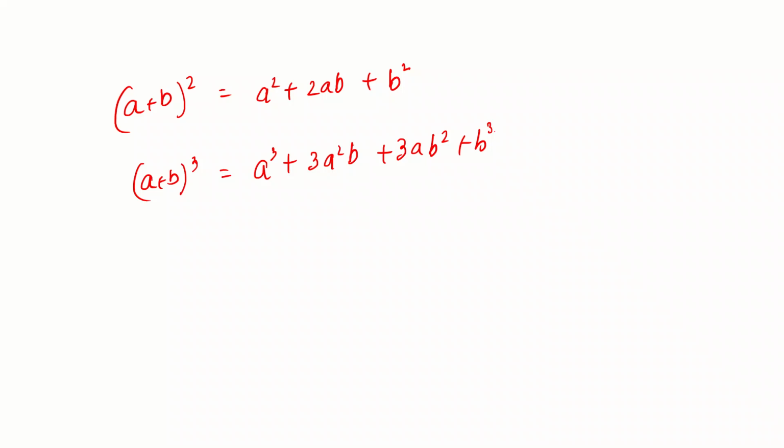And if I give you even higher powers like (a + b)^5 or (a + b)^6, the problem goes on increasing. So the question arises, do we have any particular formula to find out any given power? So if I give you (a + b)^10, can I just in one line write down the expansion of it? Is that possible? Yes, it is, and this is what we are going to deal with in this particular tutorial.